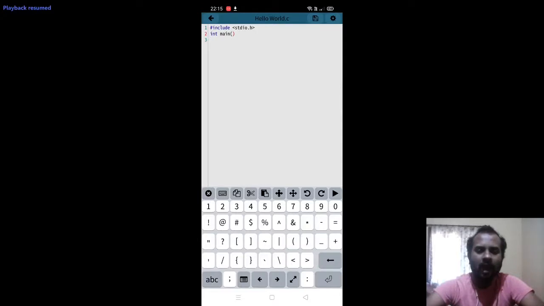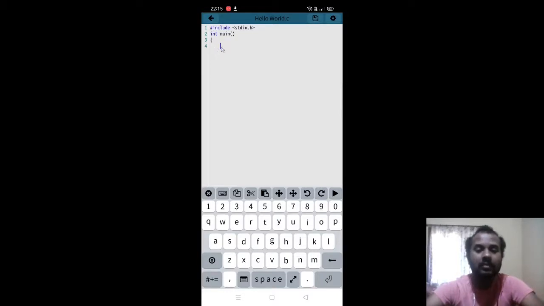So I want to print hello world. The cursor will be indented by the compiler itself. printf hello world.